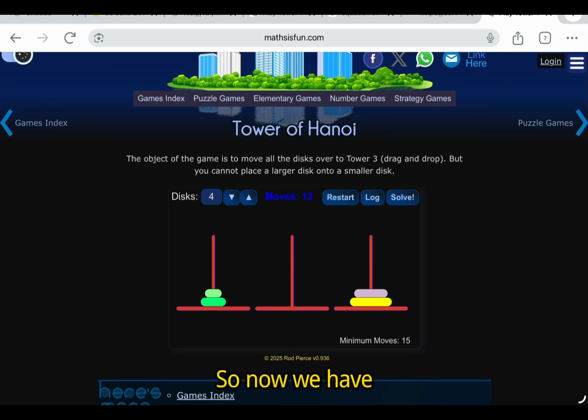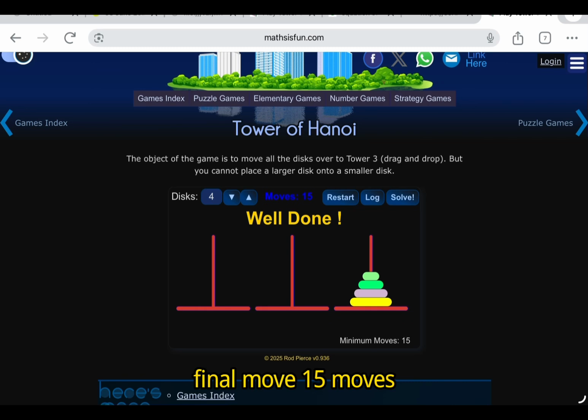So now we have the second to the largest disk on the right tower, and then our task, of course, is to put the second smallest to the right. Therefore, the smallest needs to be put in the middle. Then we put the second to the smallest disk on top of the pink, then the final move, 15 moves, exactly